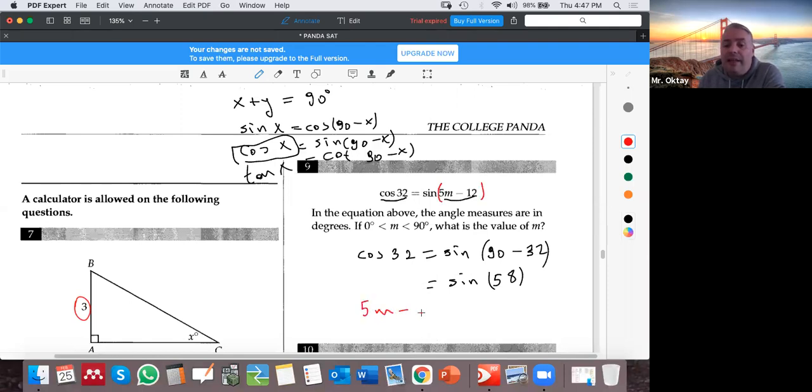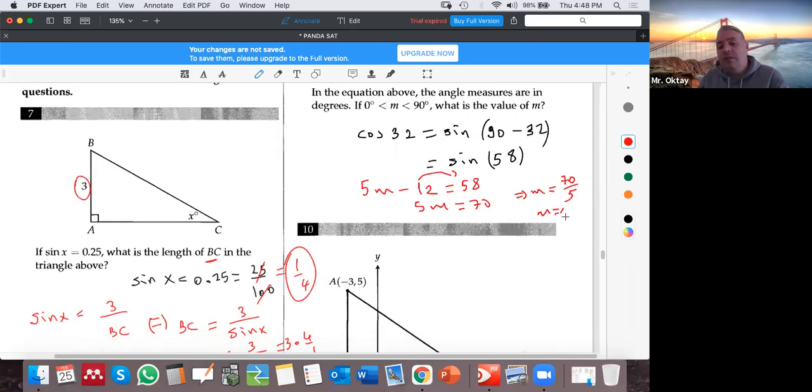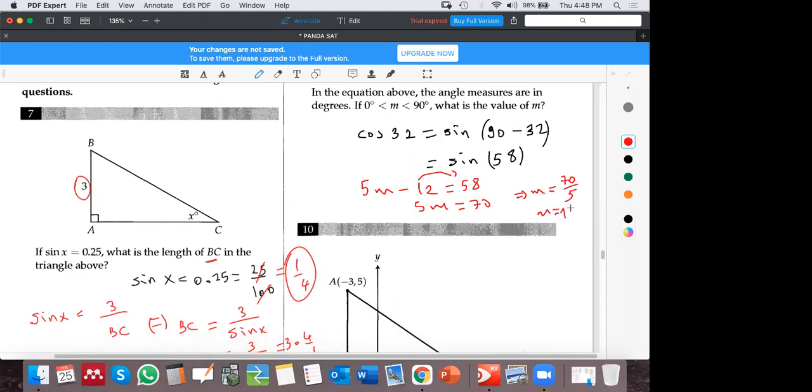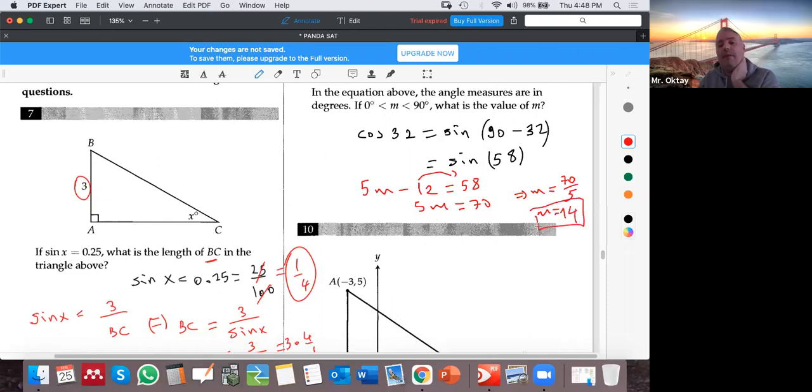So they must be equal to each other. And then 5m is equal to 70, if you take the negative 12 to the other side, and m is equal to 70 divided by 5, which is 14. So the result is m is 14. The question is find the m. So we found the